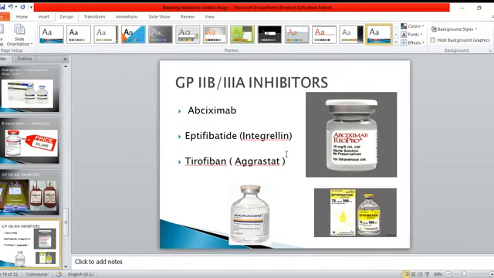Integrilin or tirofiban, because usually within 4 to 6 hours we will assume at least 50% of the platelet activity returns. So maybe just waiting. For abciximab, because it has a quite prolonged biologic half-life and the effect may reach up to 48 hours, in case of significant bleeding we may need to have platelet transfusions. Platelet transfusion may be necessary for these cases.